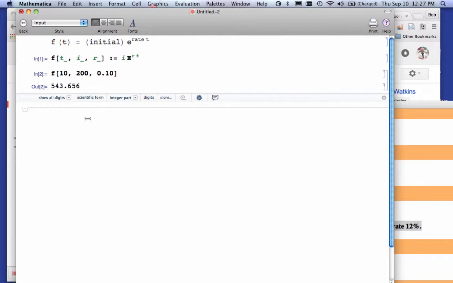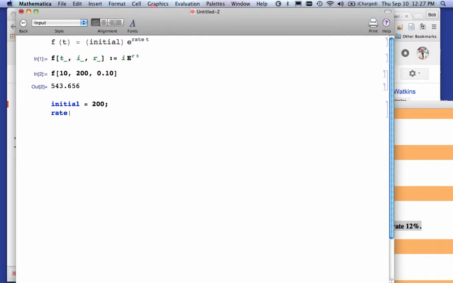If I want to plot this, I'm going to say initial is going to be 200, the same thing. My rate is going to be 0.10. And now I'm going to plot the function. I'm going to plot my function as a function of t, the initial value, make sure I spell it right, and the rate. And I'm going to plot that from t going from 0 to 10. I'm going to evaluate that,